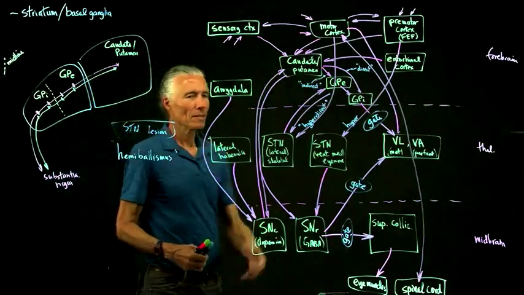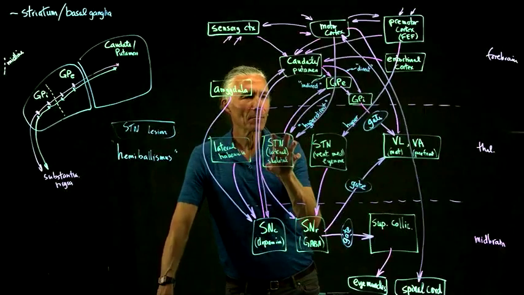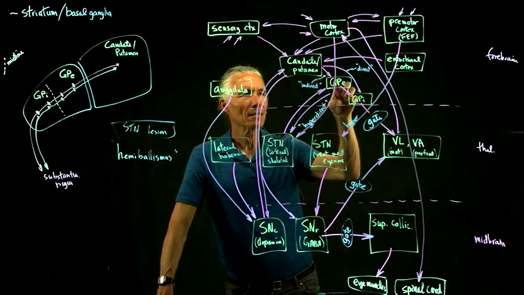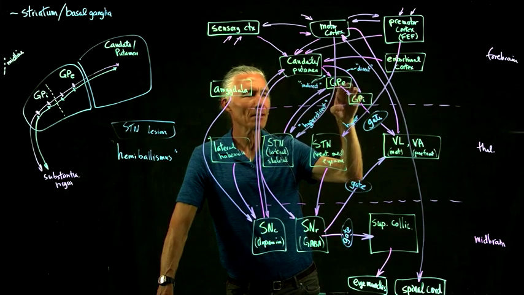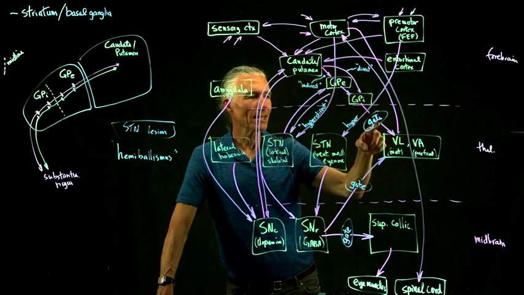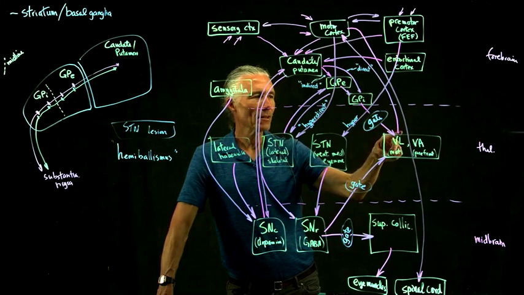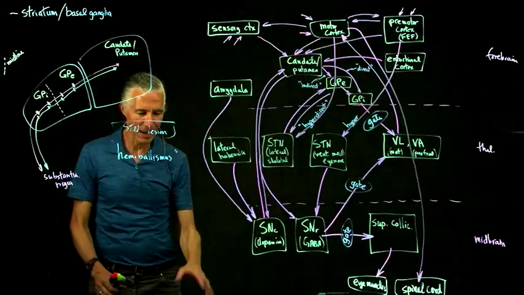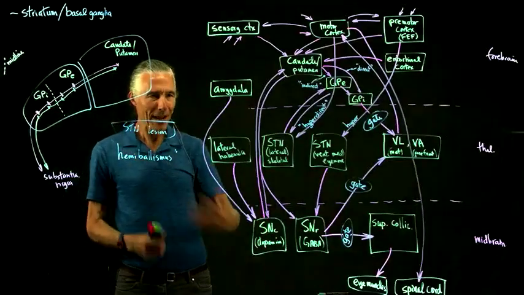And so what is the problem there? Well, you're not exciting some of these globus pallidus inhibitory guys enough. And so the end result is that this gate is too open. If the gate is too open, then all the different parts of your brain that are planning to do stuff but are normally allowed to plan without actually having it get out,